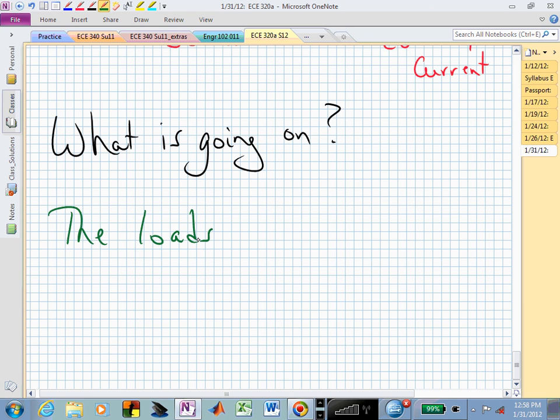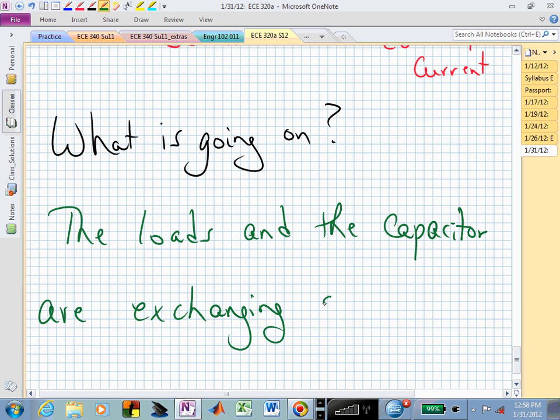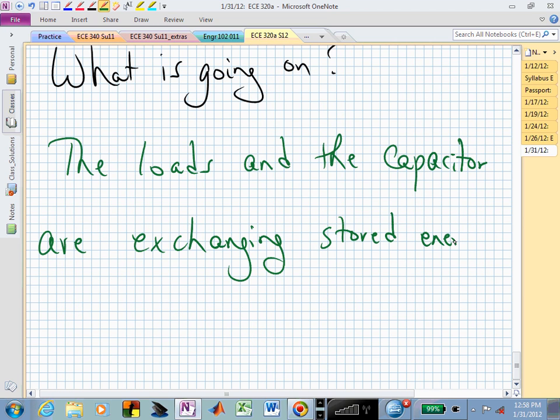What is happening is that the loads and that capacitor that we introduced, that was what we were trying to do, are exchanging stored energy. What are we doing? We have this magnetic field that's expanding and collapsing, and load 1 wants it, load 2 wants it, load capacitor is giving it back and forth. They're just trading it, but they're trading it down at the plant side. And the source doesn't really care what they're exchanging back and forth at the plant side, and it's a good thing, because now we've really cut down on the magnitude of the current going across the transmission line supplying those loads. So the loads and the capacitor are exchanging stored energy via,